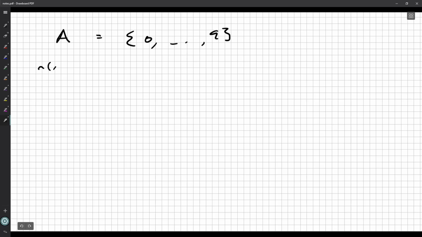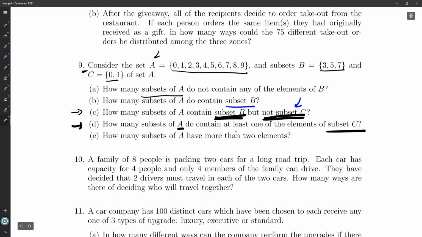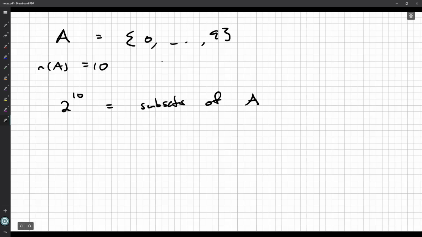Right? A has 10 things in it. So it's 2 to the power 10 subsets of A. Okay. Now we want at least one of the elements of subset C. So we could have 0, we could have 1, we could have both of them. Okay. So among these subsets, some of them